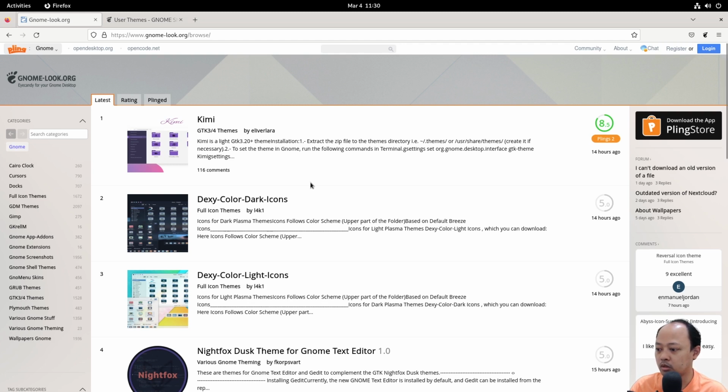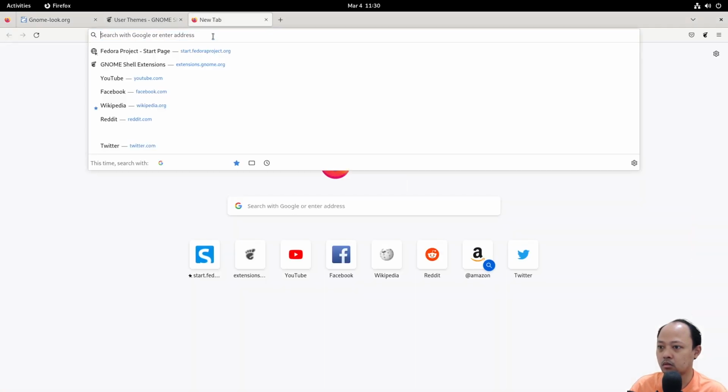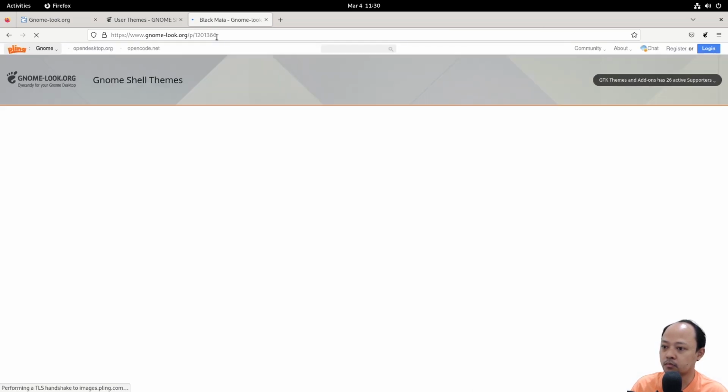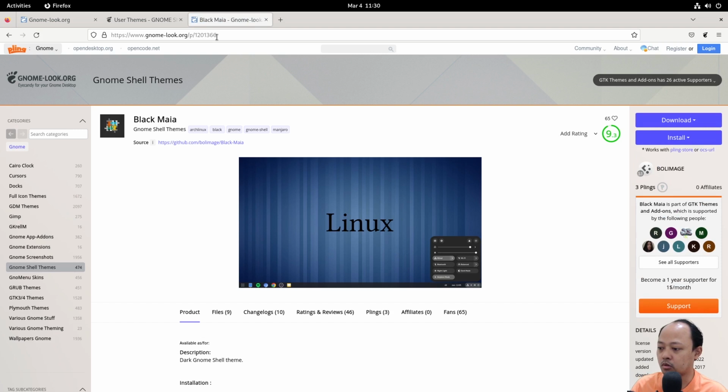Actually, I already chose a shell theme. It's called Black Maya. This one. I will use this for example number 1.